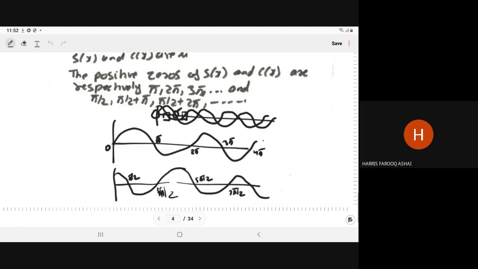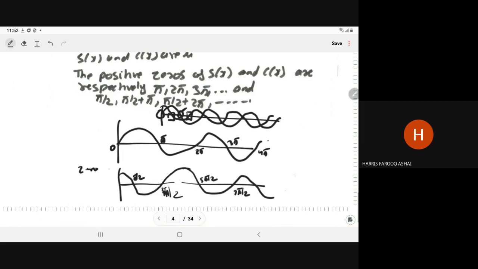In the conclusion you can write that zeros occur alternately. Actually, we are just drawing an analogy with the properties of cos x and sin x here, because we know the nature of cos x and sin x very well, but here we are just using the differential equation.